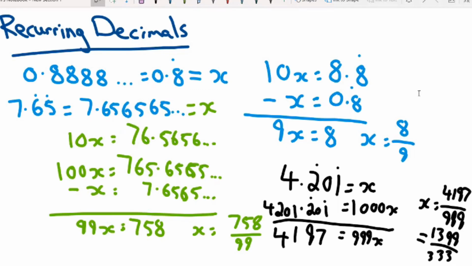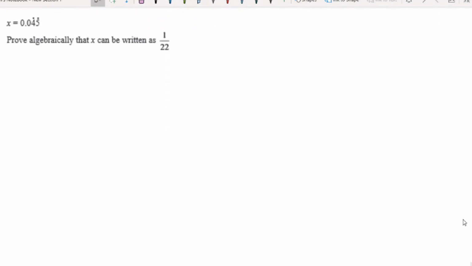With that, let's move on to an actual exam question. Again, as we can see, there's not really much variety in these kinds of questions. They'll give you a recurring decimal and ask you to show that it can be written in a given form, or ask what is it in fraction form. Here, therefore, we have that our x is 0.0 and then the 4/5 is recurring. In order to get the decimal to be the same then, if we were to do 10x, that would give us